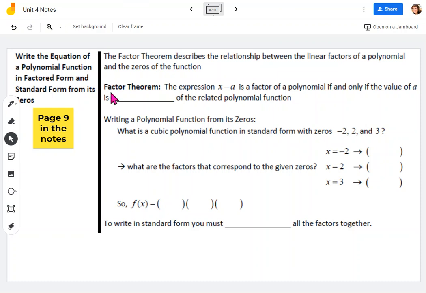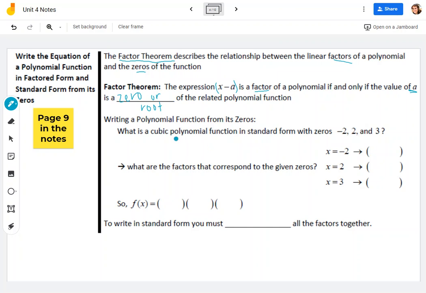This video reminds us of all the different theorems that we've learned for Unit 4. So first was the factor theorem, which is the relationship between the factors and the zeros of a polynomial. So x minus a is considered a factor only when a is a zero or a root of the polynomial